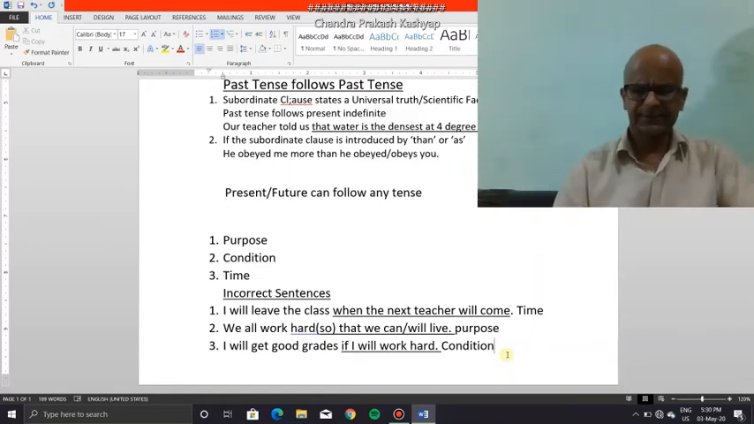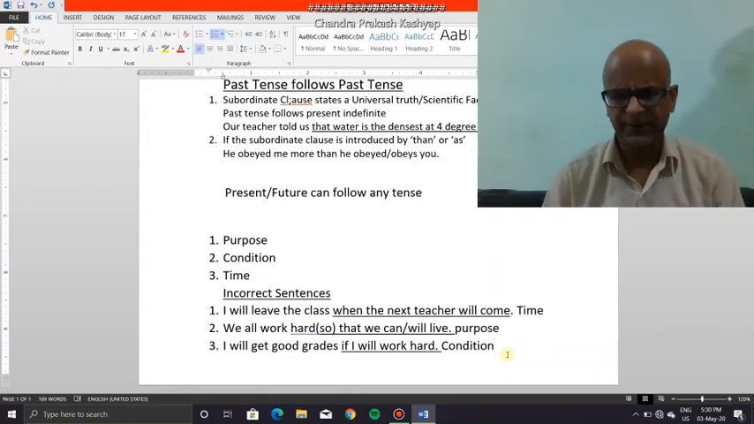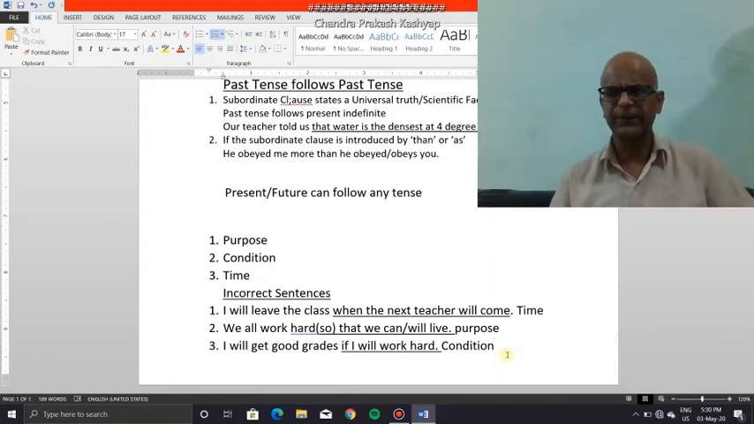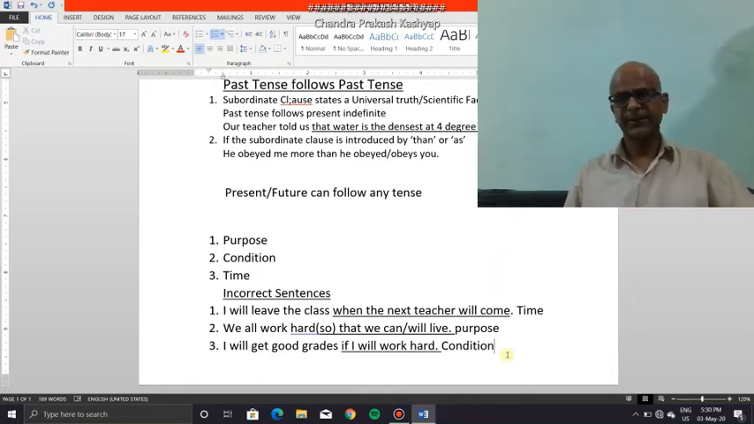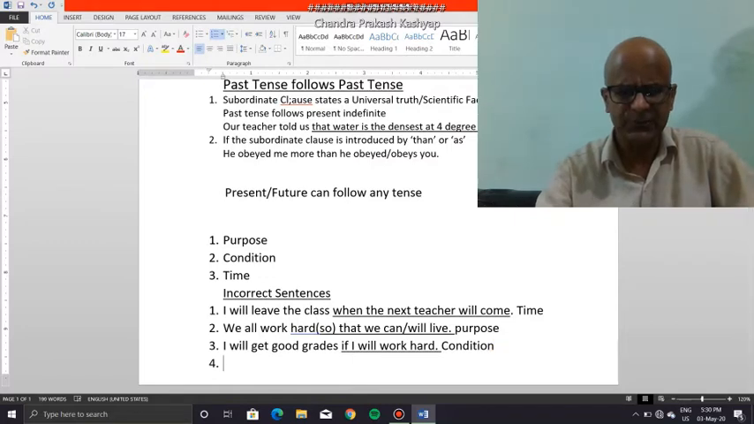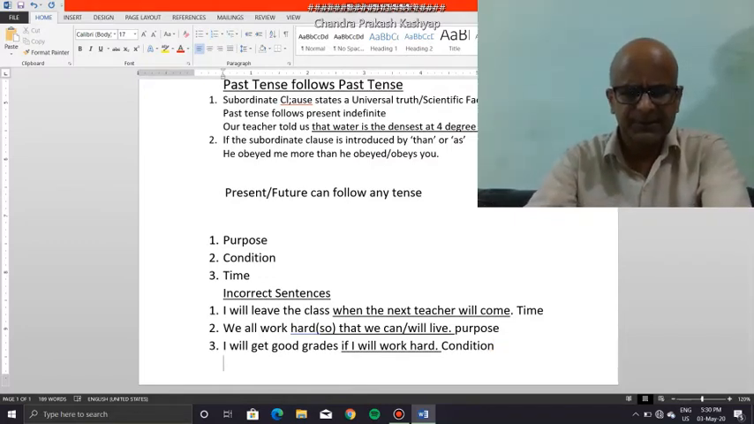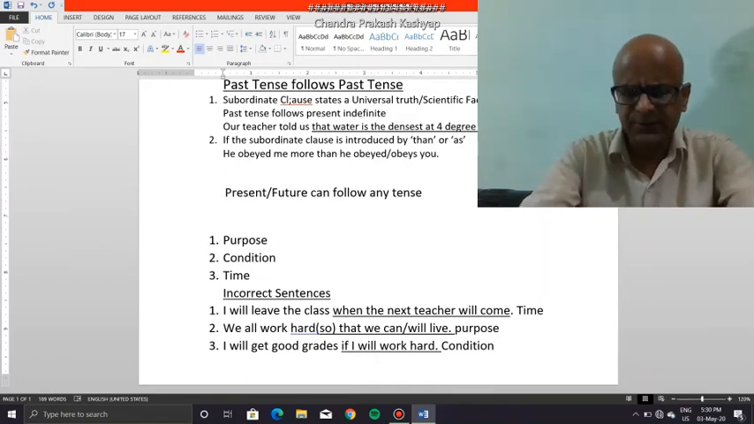And the rule says if the main finite verb is in present or future, it can follow any tense. It doesn't hold true in these three kinds of situations. So, we must first understand what the rule says in these three situations. The rule simply says, if the subordinate clause states purpose, condition or time,